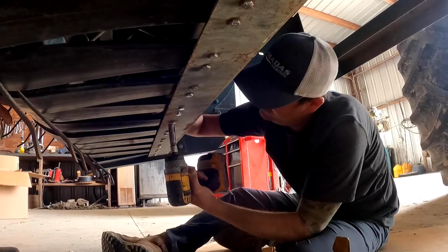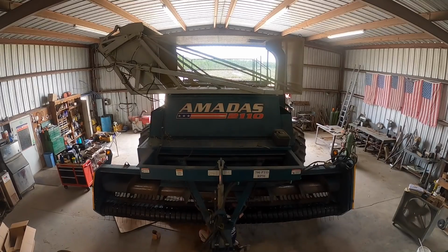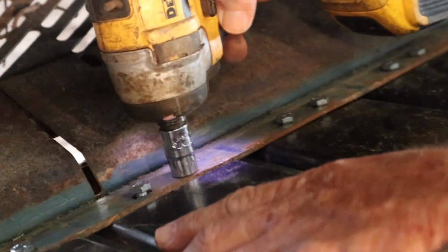But anyway, we're gonna tighten them all up. When you tighten them down, if you don't open